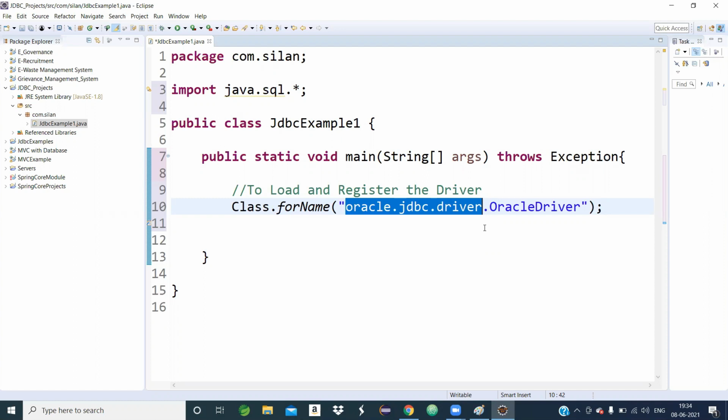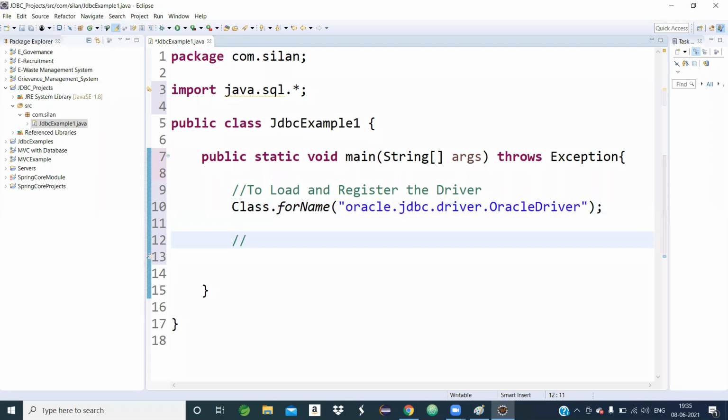So remember, OracleDriver is the type 4 driver class name for the Oracle database. When this statement is executed, the type 4 driver is loaded. I hope everybody got clarity. So there is forName, invoked by a class named Class, and the forName method takes one parameter, OracleDriver, the type 4 driver class name for the Oracle database.